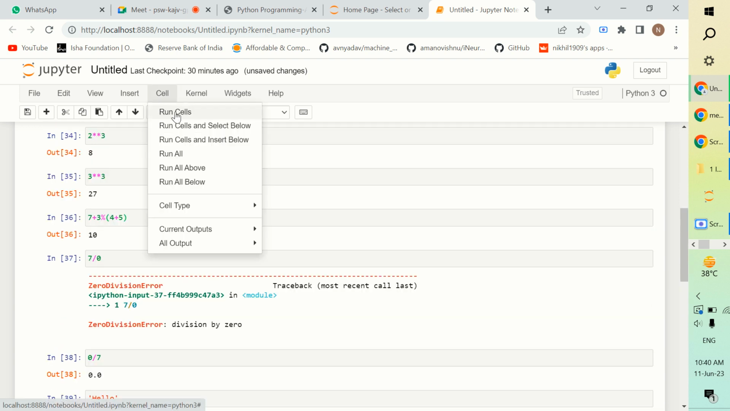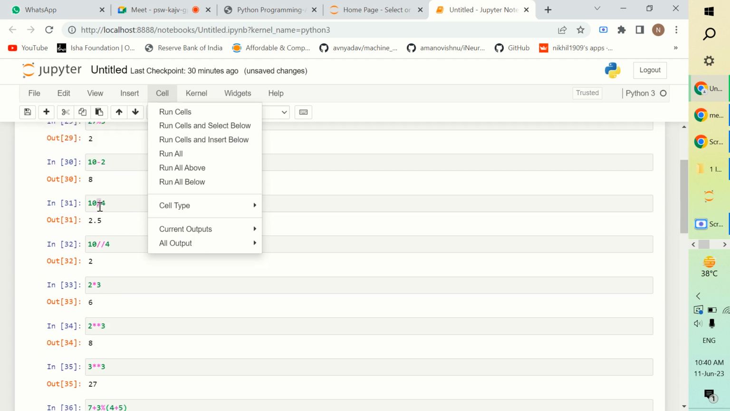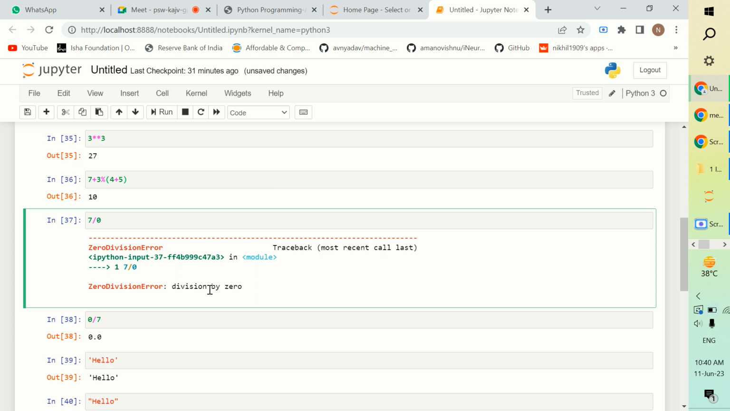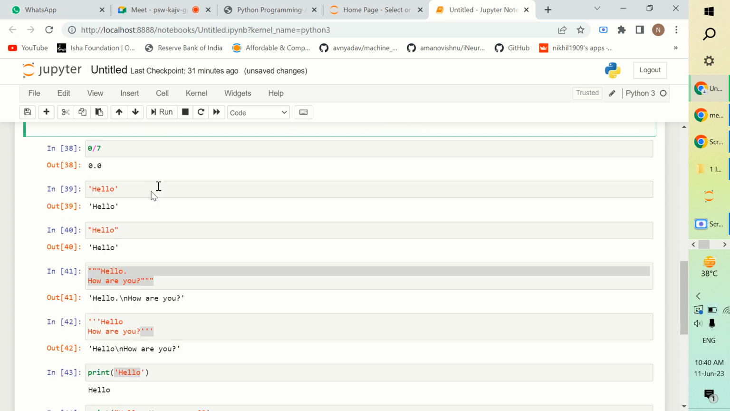अगर यहाँ सेल पे जाके रन ऑल किया तो सारे सेल्स रन हो जाएंगे. तो देखो, ऊपर से सारे सेल रन करने शुरू किए थे, बट इस पॉइंट पे आके, इस सेल पे आके इसने एरर दे दिया, डिवीजन बाय ज़ीरो, इस वजह से यहाँ पे रुक गया. ठीक है, जहाँ पे भी रुकेगा उसके बाद